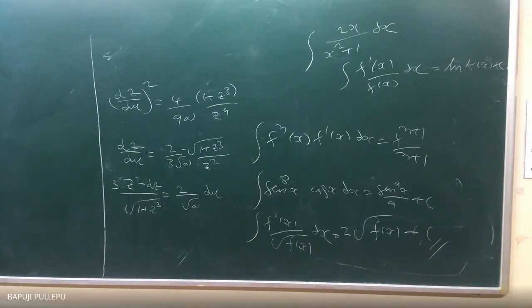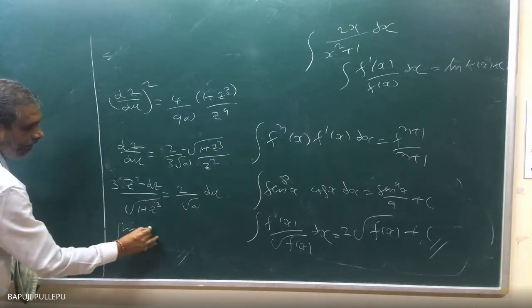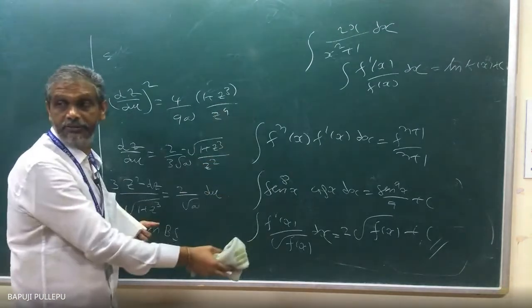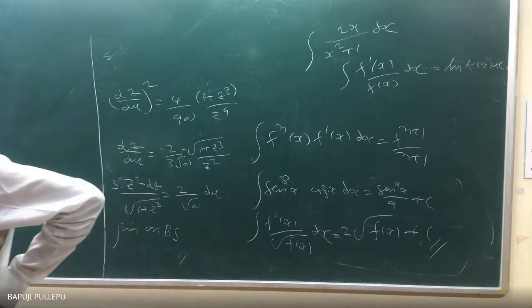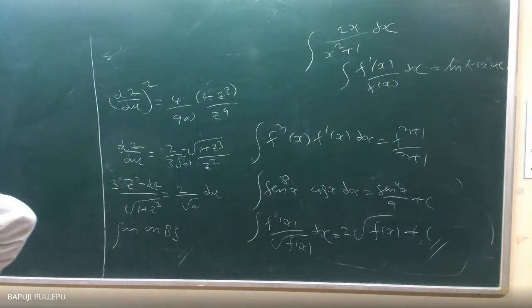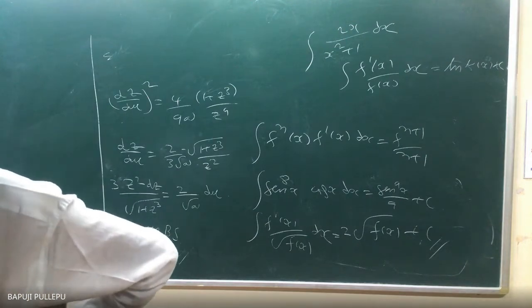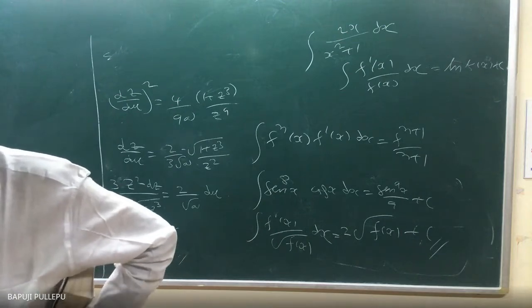Now from this you can tell, actually, integrating both sides. Shall I remove this formula? Yes, sir. That is f dash x by f of x equal to log f of x; function power n into f dash x is function power n plus 1 by n plus 1; f dash x by root of f of x equal to 2 root f of x. These three formulas you can remember. Correct?